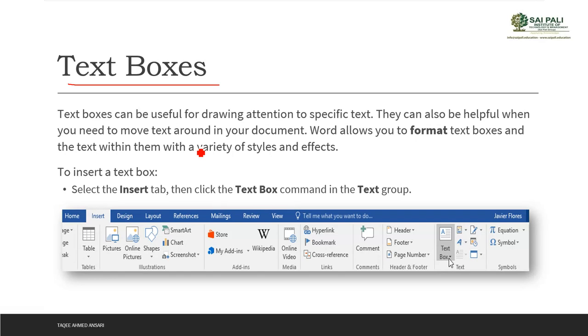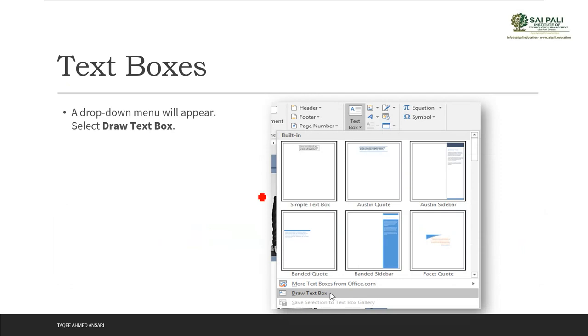Now let's say you want to add it, then we go to the insert tab. From the insert tab, we have this text group, and from there you can select this text box command. Now when you click on that, there is a drop down, where you can select from